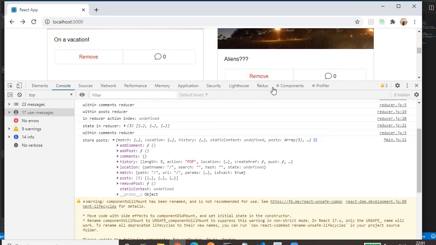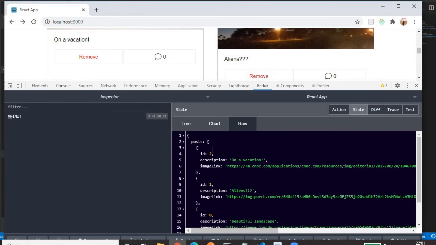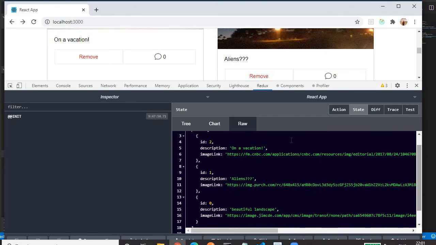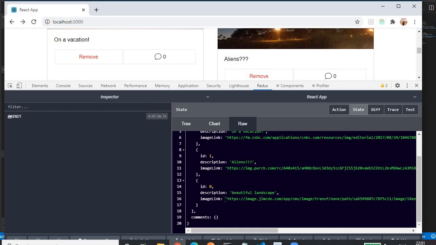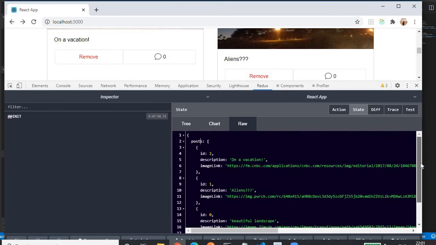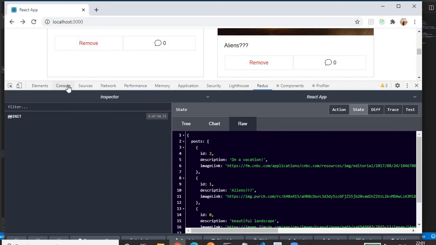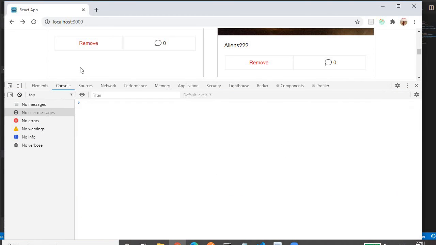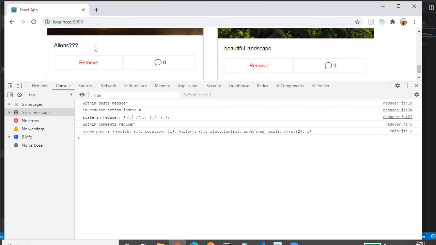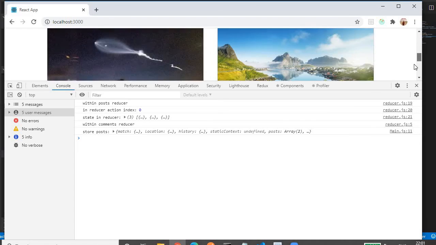If you see here, we'll go to the dev tool again. For the first state, we have 3 entries. If you see, first entry, second entry, then third entry. Now if I click on the remove button, you will find only 2 entries. So here I will also clear the console log. Let me click on the remove button. See, on click of the remove button, that image gets removed. So we have only 2 images.